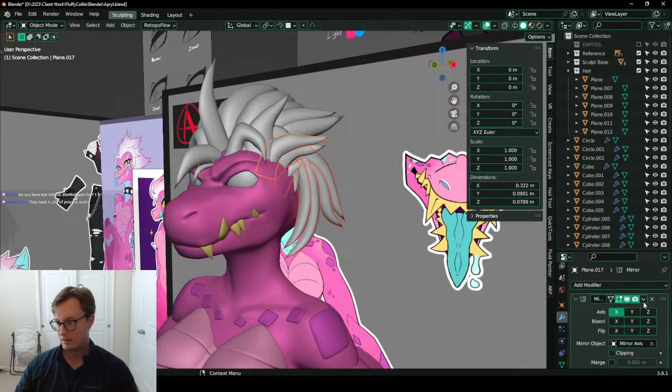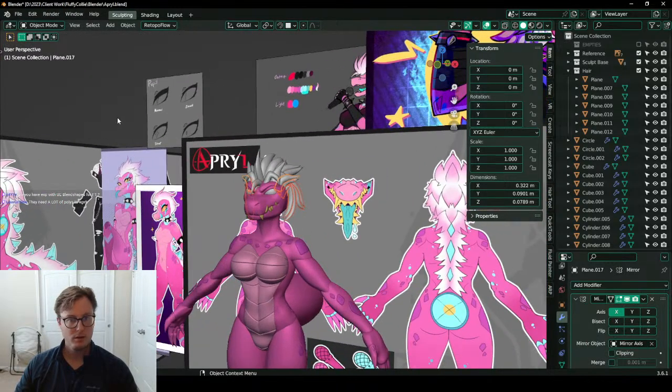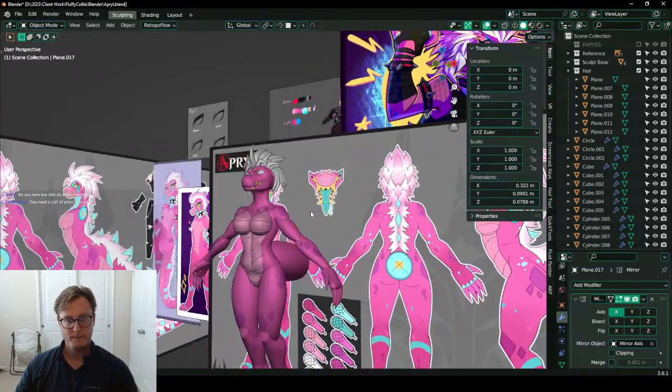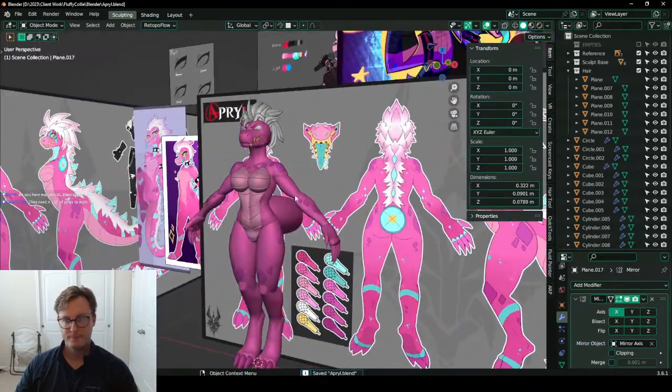Bam. And let's copy this to selected. And voila, got some more hair. Fluffy! They need a lot of polys to work. Yes, most definitely. They are built. Otherwise, it'll just stretch and stuff.